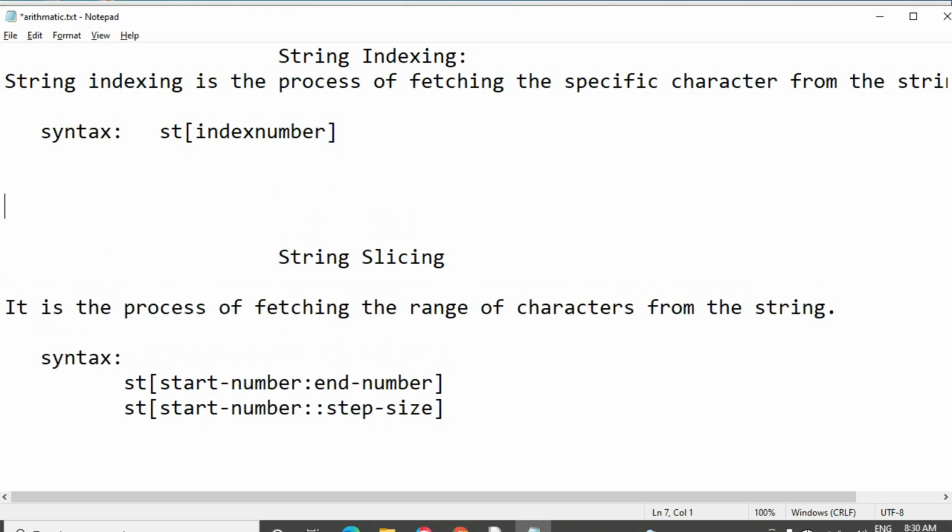I'll write the index numbers here. Python, P-Y-THON.